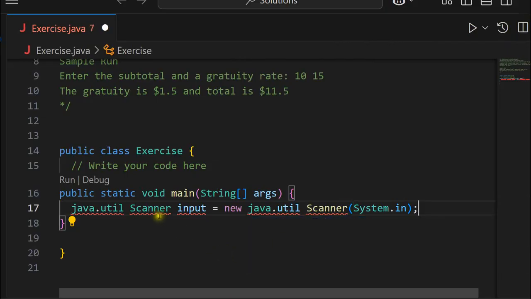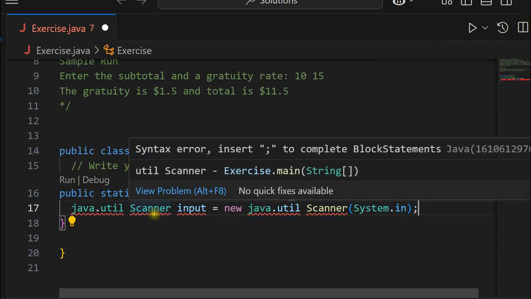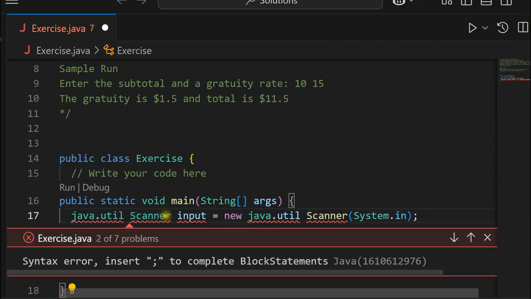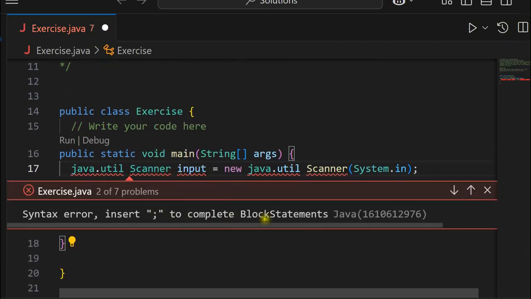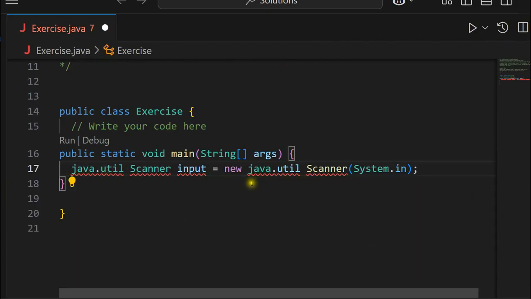Alright, as you see, it's showing, but if you look at it, it's going to say view problems. It's basically going to say it's not referenced yet. It's a complete block statement. Okay, I gotta do that the other way. So like I said, when we do the line for that, that error should go away. Alright, so next let's go down,